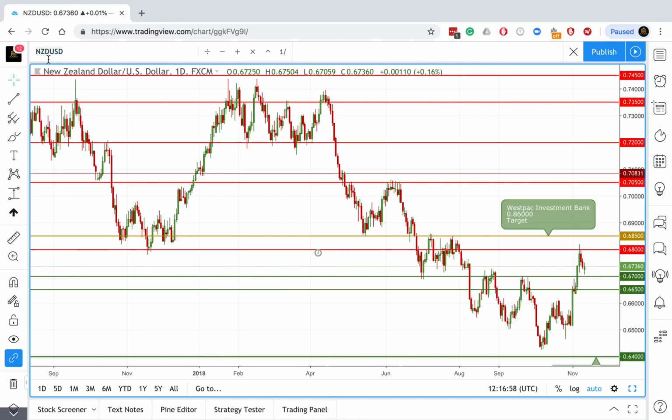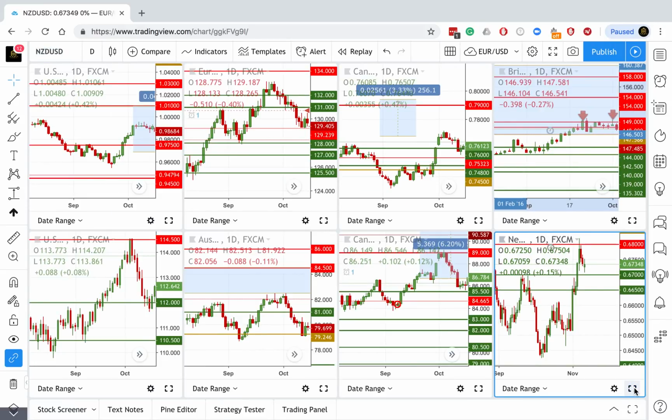So if Trump and Xi Jinping can reach some sort of agreement at their meeting this month, of course, this selling that's been priced into the Australian dollar and the New Zealand dollar can be unwound, and then we can see the currencies rise in value. But if talks between Trump and the Chinese president don't reach any agreement, then we can just expect further selling in these currencies, and that's the opportunity I'm looking to take and buy the dollar back against these two currencies. Or if there is a deal reached, traders, we can buy the Australian dollar and the New Zealand dollar back in the markets. Hope that makes sense,